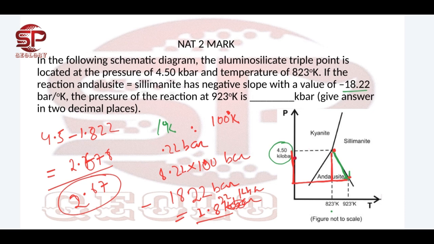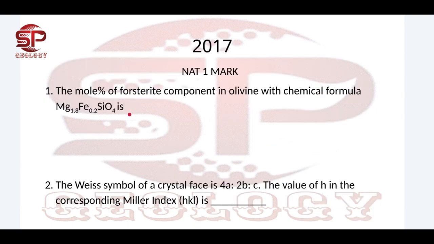Understood? So initially there is 4.50 kilobar pressure, and when temperature increases by 100 degrees, for each 1 degree the pressure decreases 18.22 bar. So in 100 degrees it decreases 1822 bar or 1.822 kilobar. After decreasing 1.822 kilobar, the pressure is now 2.67 kilobar and the temperature is 923 Kelvin. Then the mole percentage of phosphorite component